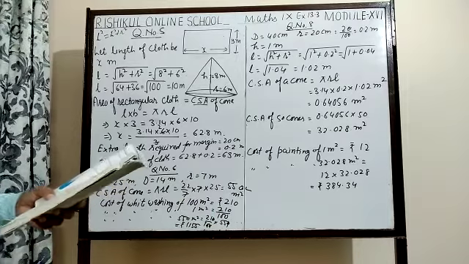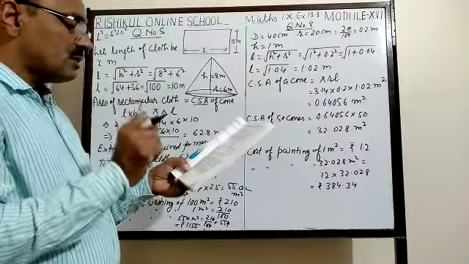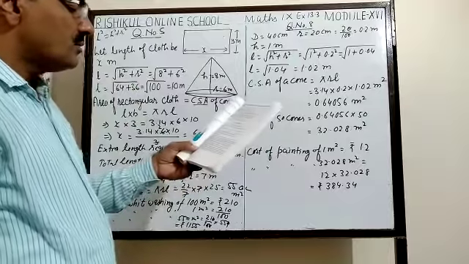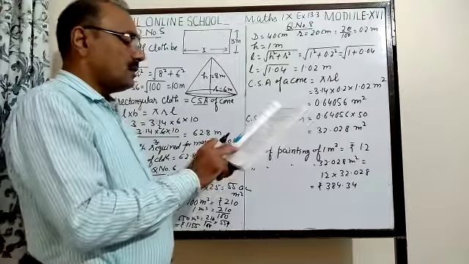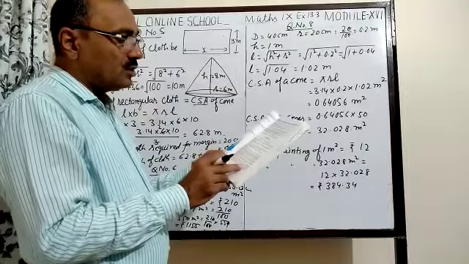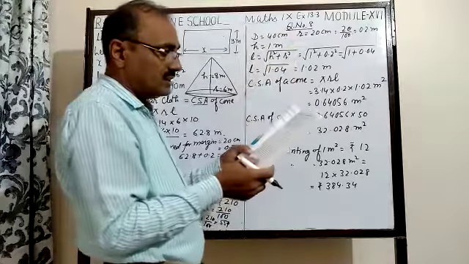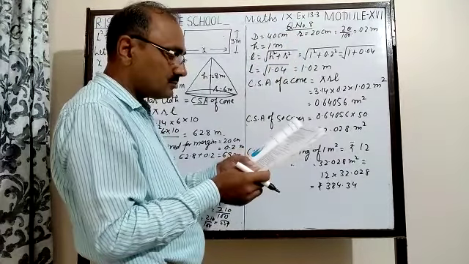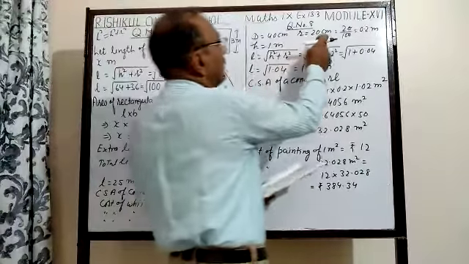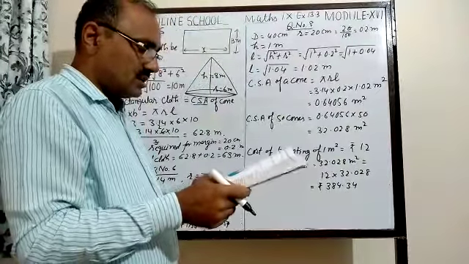Question number 7 you can do very easily. Question number 8. A bus stop is barricaded from the remaining part of the road by using 50 hollow cones made of recycled cardboard. Each cone has a diameter 40 centimeter, so the radius will be 20 centimeter, and the height is 1 meter. H is equal to 1 meter. So you will convert centimeter into meter, divide by 100. So 0.2 meter.